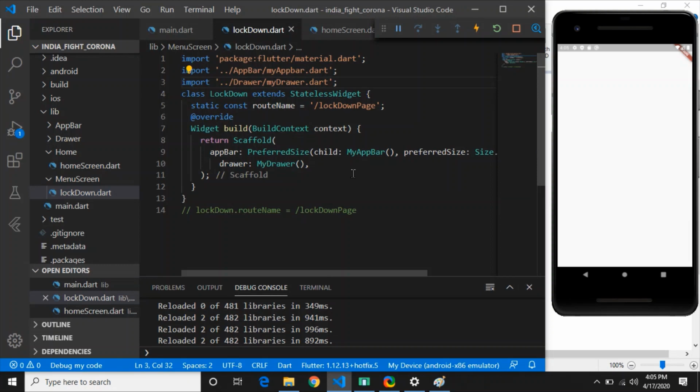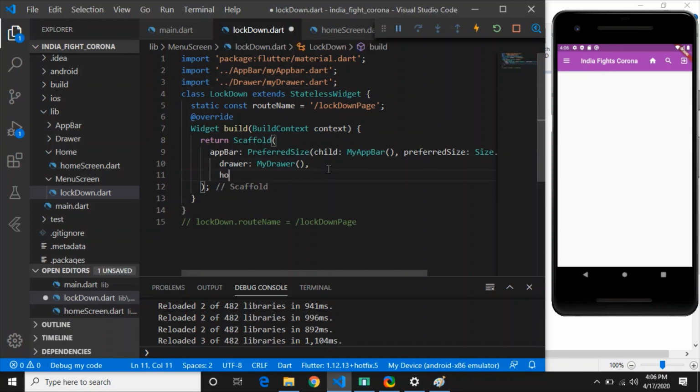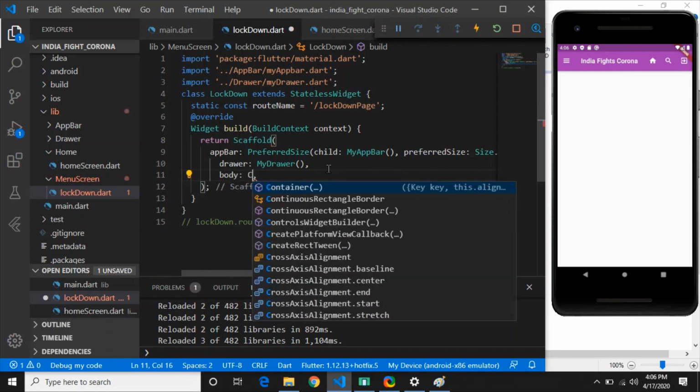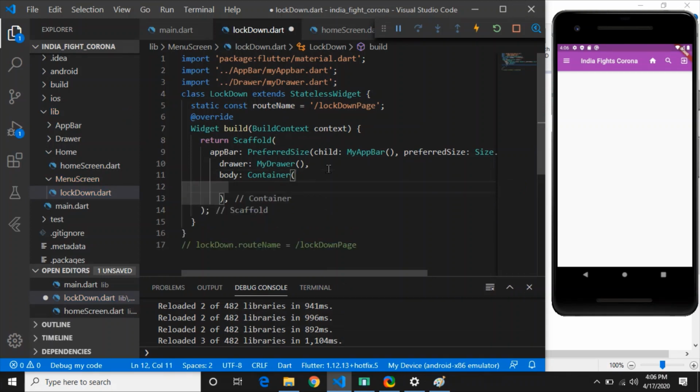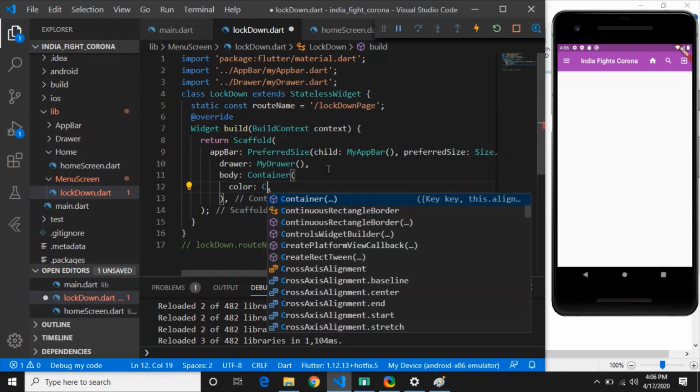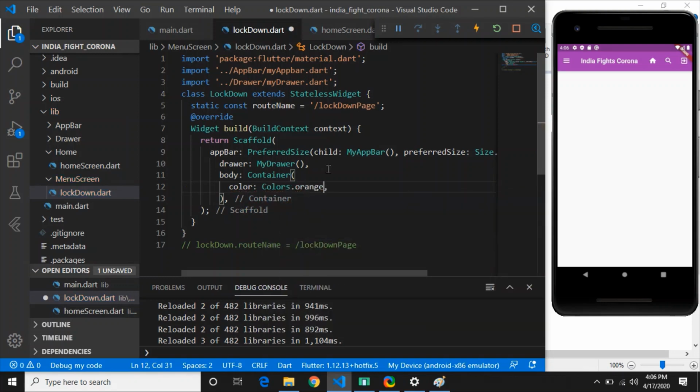Right. Now what we will do, we will have some home function, and what is that? We will have body. So Scaffold should have body, and body should be, let's say, a Container. Press escape, this white patch, and color. So color will be, let's say, Colors.orange. So if I click, yeah, this is the orange color.